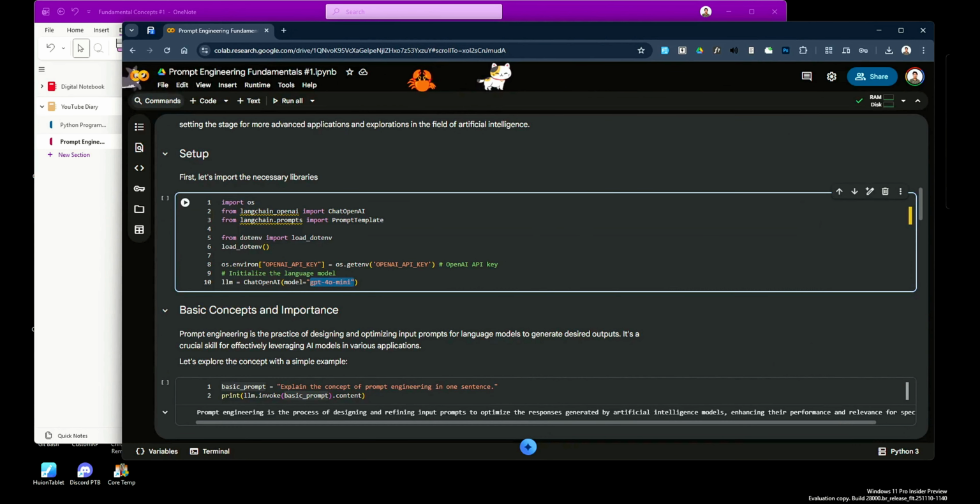If I make it bigger, see the complete differences among ourselves, guys. This is a basic prompt. It just gave me a simple definition. Prompt engineering is a process of designing and refining the input prompts to optimize the responses generated by an AI model, enhancing its performance and relevance for the specific task. But if I ask for the structured prompt, it gave me a definition,